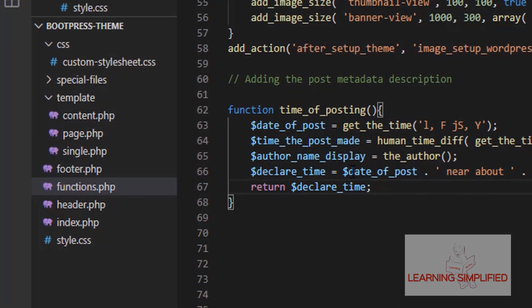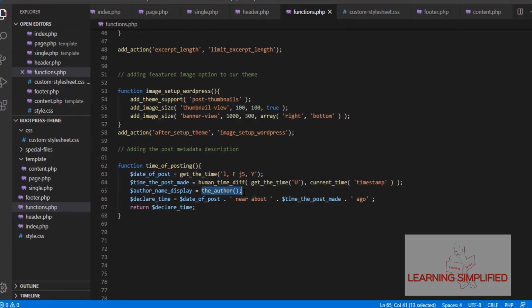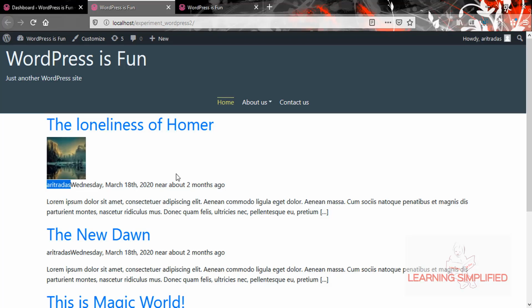This is the beauty of some default WordPress functions. If we do not mention any kind of get property right over here, all it is going to do is print the relevant value into our project, and that is why we can see this individual author name right over here.